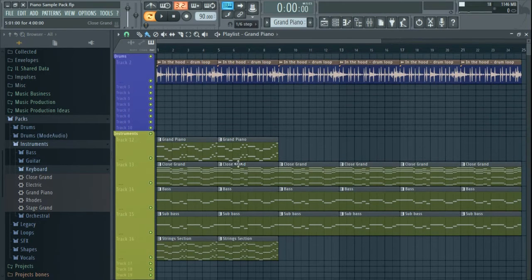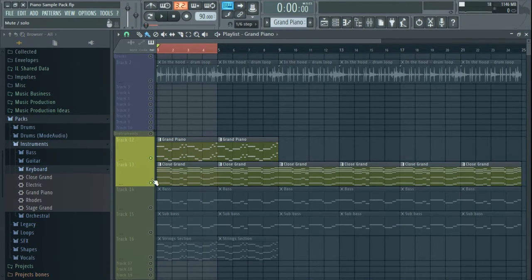Now, this was the main part, the melody. As you can see, you can use the MIDI information to swap the sounds. You can use the MIDI information and separate it in two. For instance, what I did here was the chord progression and the melody. I used two different instruments, although they are pianos. One is grand piano and the other one is closed piano, which gives a more sentimental vibe.